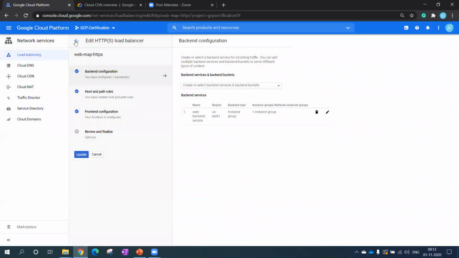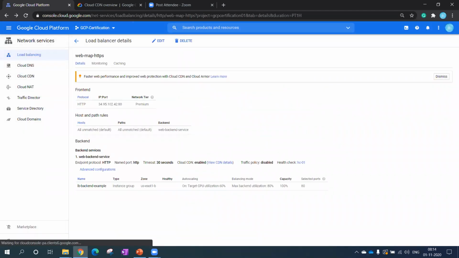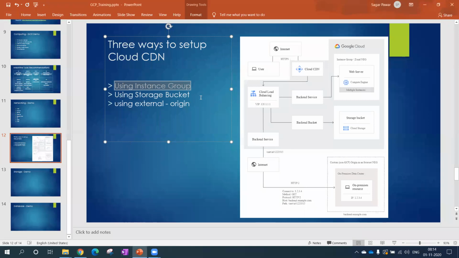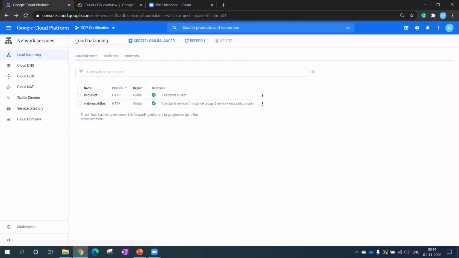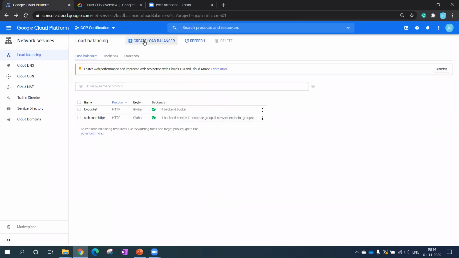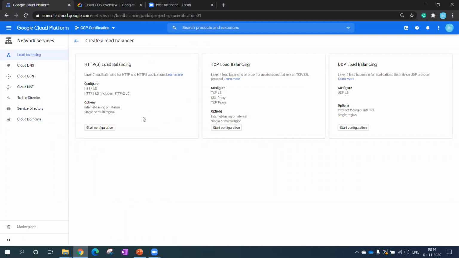Then what next? If I go back to my slide, the next is the storage bucket. So I'm giving a demo where I'm keeping one picture in a storage bucket, and from there I will access that data. Let me show you that. Let me create one new load balancer here. Over here I'm enabling the HTTPS load balancer,